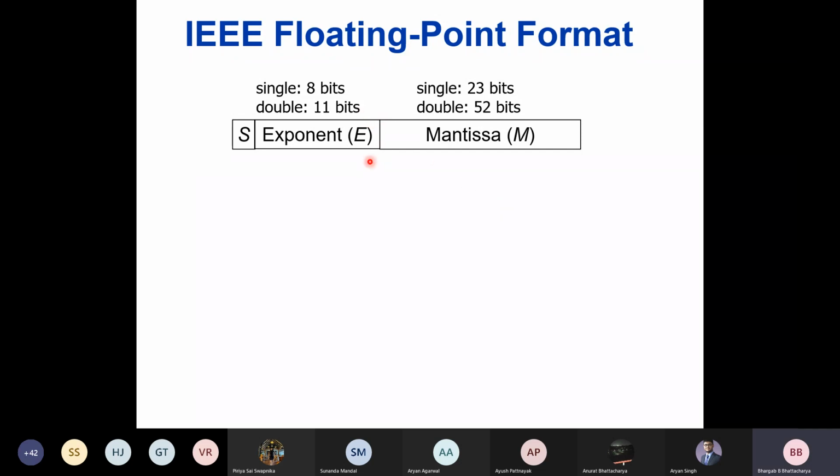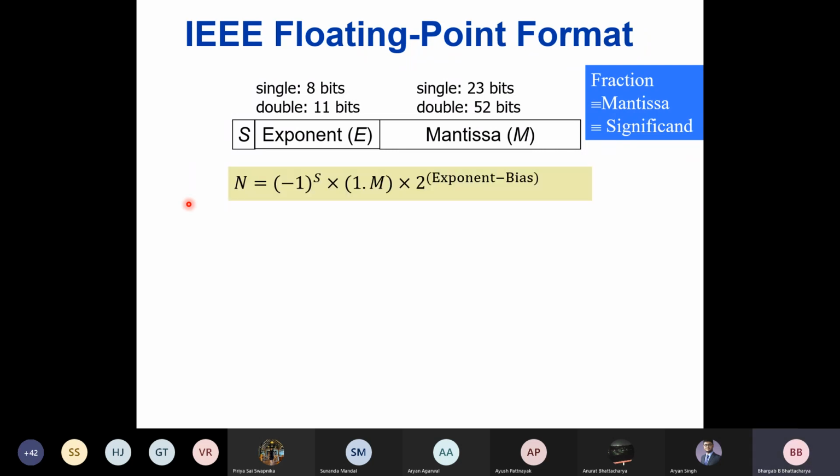And that's why you understand the importance of standardization. Because otherwise, if different machines have different kinds of representation, then across different machines the programs won't be portable, right? So this mantissa part is called by different names. Sometimes it is called the significand, when you consider the 1 point something part, and it is also called the fraction part. So these terms are synonymous.